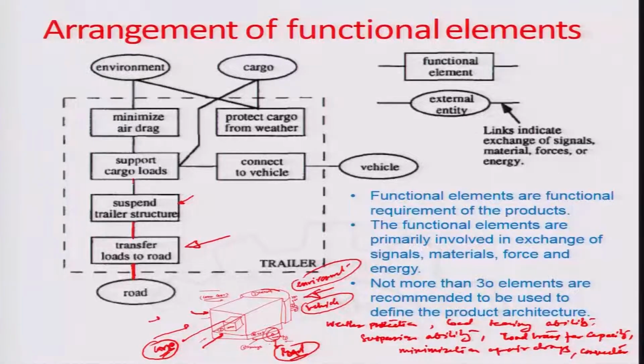Similarly, the support cargo loads function is again connected through a signal flow to the suspend trailer structure, because ultimately the suspension is needed, because there is a requirement of the supportability of the system to the cargo load. So, it is a way of looking into the in-space functional relationship or functional line of requirements with respect to each other, which will give you an idea of what component to be placed near to what component. So, in terms of functional split up of the whole system, you are trying to align all the subsystem level information in a line diagram mode, just in a way as the function signals flow between the different functionalities of the